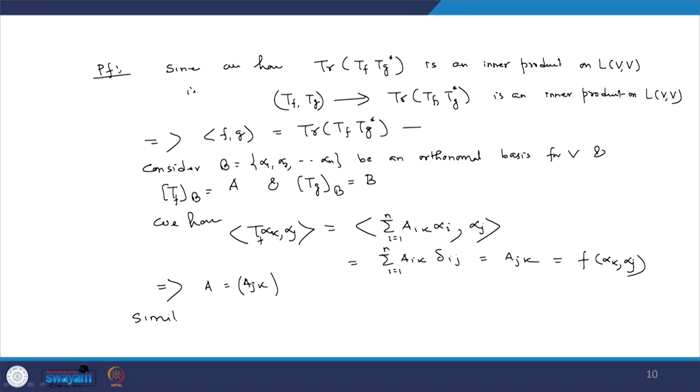Similarly, b_jk of matrix B is given by b_jk equal to the inner product of T_g alpha k and alpha j. So, this implies trace of A B star, which is equal to sigma j equal to 1 to n